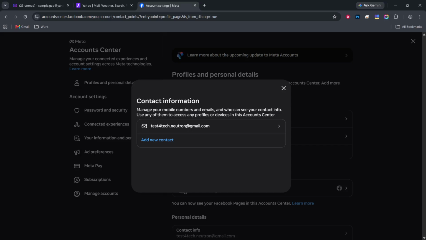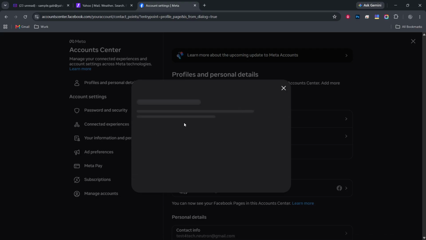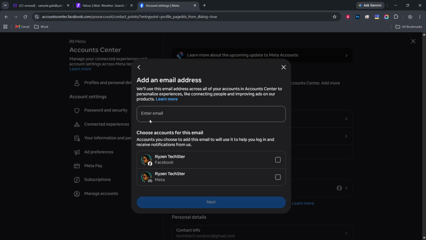Now choose Add Email Address. A prompt or small window appears asking for the new email you want to add. Facebook keeps existing addresses in place, so adding a Yahoo address here will not remove your current one unless you change that later. Enter your Yahoo Mail address, type it carefully, including everything before and after the word Yahoo, and make sure there are no spaces. A common beginner mistake is a small typo, which prevents the confirmation email from arriving in Yahoo Mail.